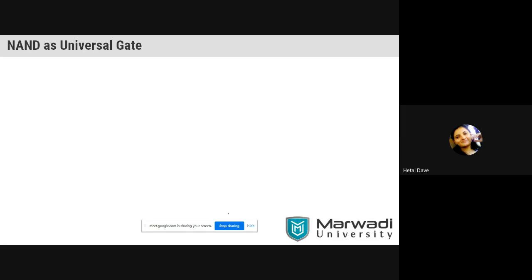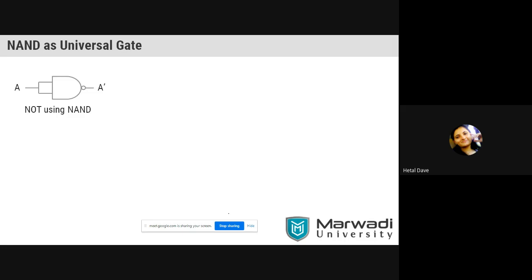Okay, very good. So here, as she said, what is a universal gate? Right now we know the AND gate, OR gate, and NOT gate. But using NAND and NOR gates, these AND, OR and NOT gates can be designed. Now what is the advantage of it? We will see it using one example. One example is also covered here and we will verify the advantage of using the NAND gate. But first of all, what is the definition of a universal gate? A gate using which basic gates can be implemented.